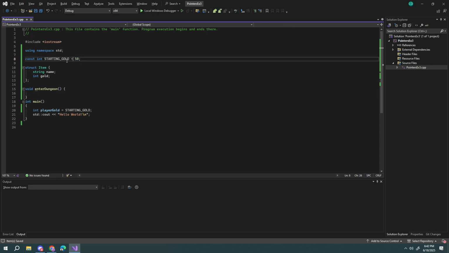Why all caps? Well, nothing really specific. It's more of a syntax kind of thing. You can choose not to, but it's good practice, especially for const, to have it all caps. It's C++. Technically, you can just make it starting gold, right? It won't be wrong. It's just that